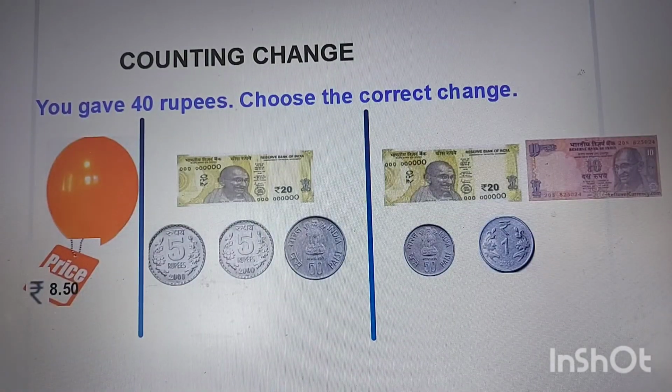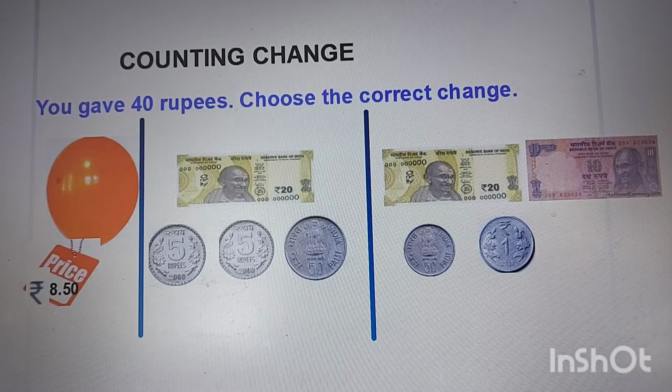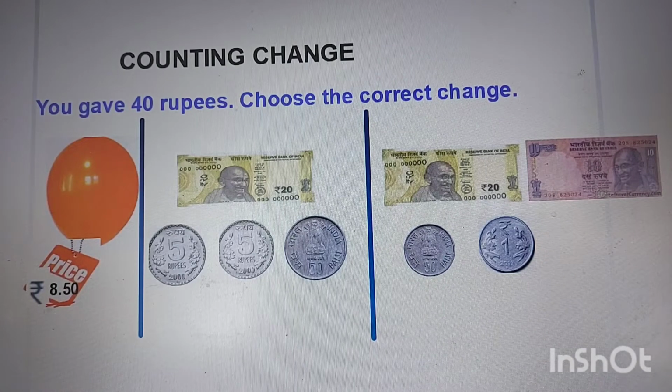Now come to the second question. You gave 40 rupees and once again you are going to choose the correct change. So what is the cost of the item given? You can see that it is 8 rupees and 50 paise. Yes, and you gave 40 rupees. So what shall we do? 40 rupees minus